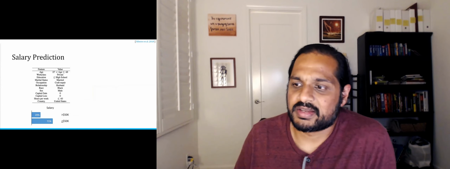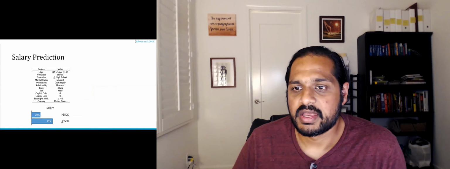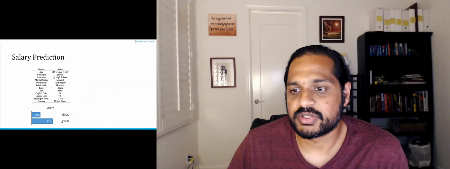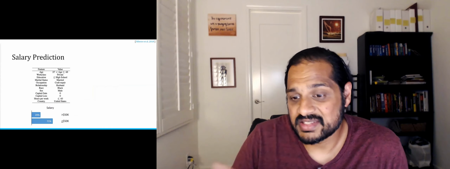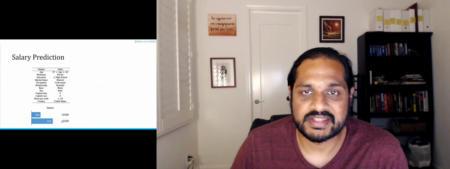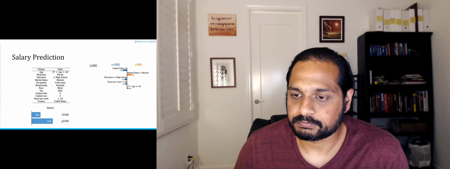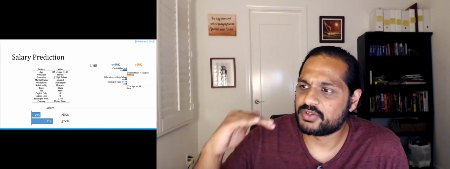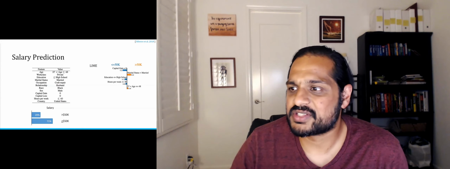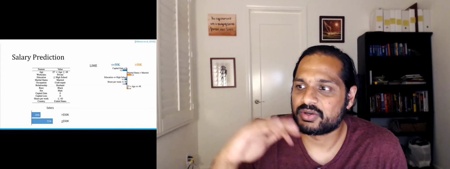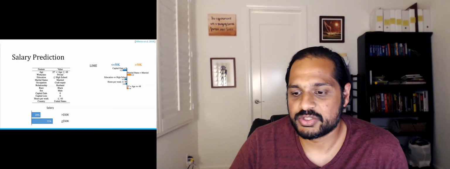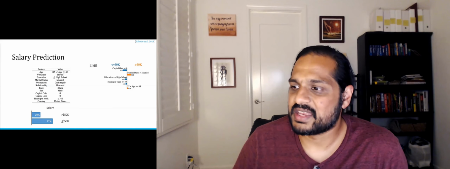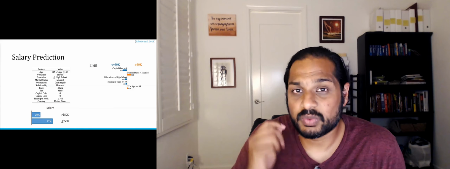So it's a little bit abstract. Let me give you a quick example of what this looks like. Here's a task where you're trying to predict the salary of a person based on a bunch of demographic details. And for this instance, the salary looks like it should be less than 50K according to the model. Now, if we look at why this is the case and ask LIME for it, LIME gives you the most important features: capital gain being 0 is why it thinks it should be less than 50K, marital status is more than 50K, and so on. And this is nice to look at, but it doesn't really tell you exactly what's going on.